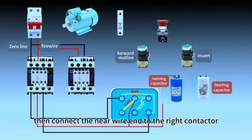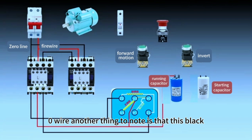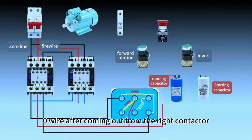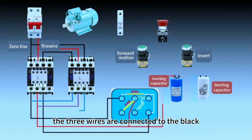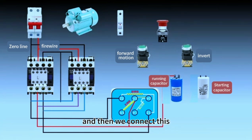Then connect the near wire end to the right contactor, in the order of fire wire, zero wire. Another thing to note is that this black jumper is not a zero wire. After coming out from the right contactor, as shown in the figure, the three wires are connected to the black, red and black of the emergent end of the contactor on the left, and then we connect this black jumper